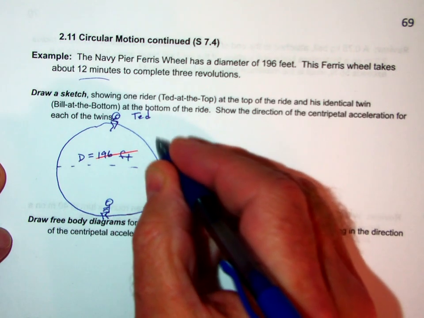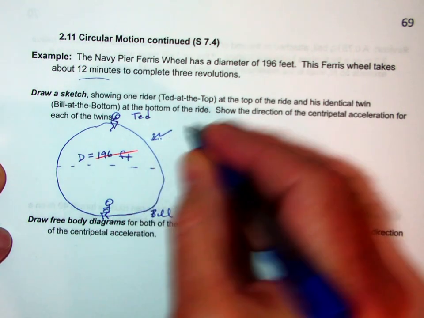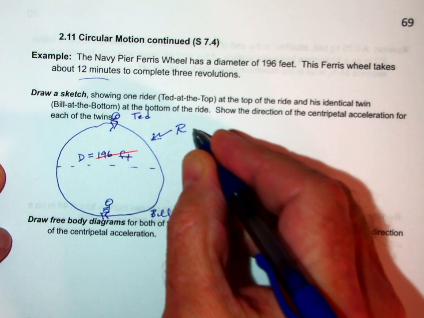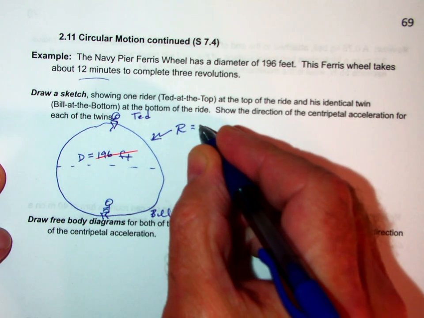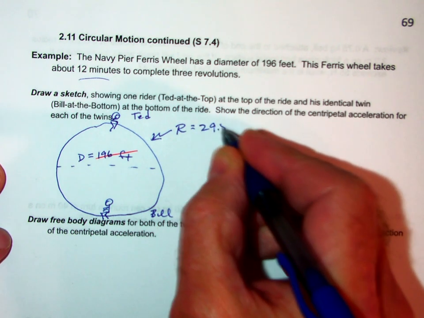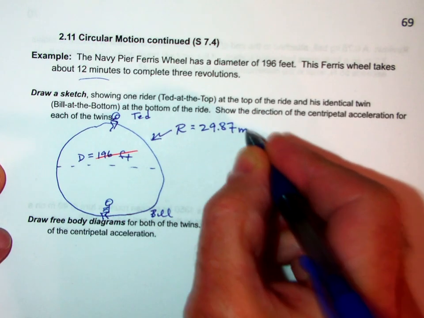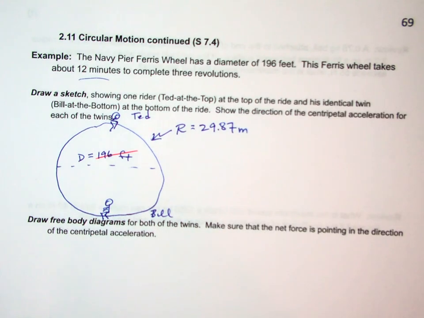So the radius of this Ferris wheel is actually 29.87 meters. So if we are looking at Bill and Ted here,